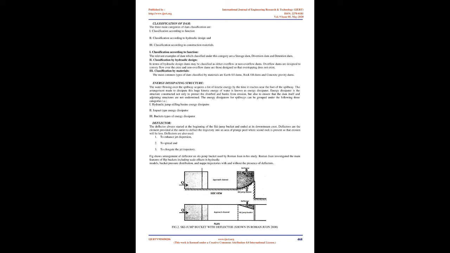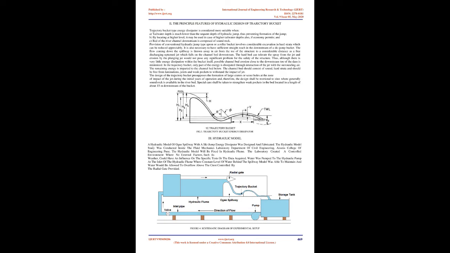Deflector. The deflector always starts at the beginning of the ski jump bucket and ends at its downstream crest. Deflectors are elements provided at the outlet to deflect the trajectory into an area of the plunge pool where sound rock is present so that erosion will be less. Deflectors are also used